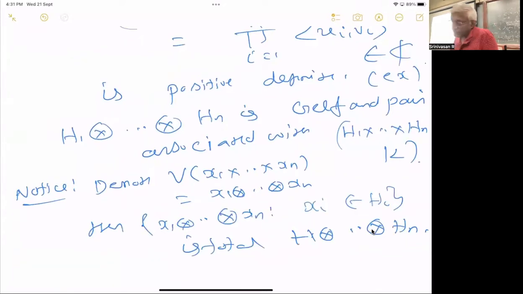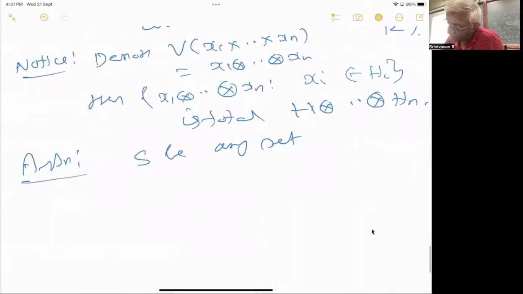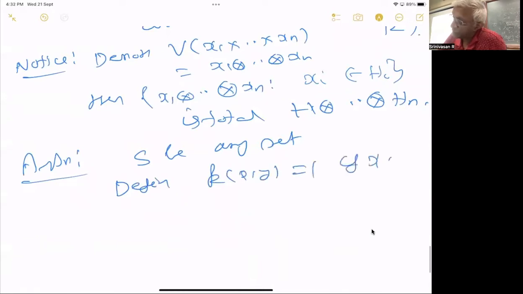I forgot to give something. So just to understand this, I give this assignment. Let S be any set, and define K(x,y) equal to 1 if x equals y, and equal to 0 if x is not equal to y. It's the delta function. Then the Gelfand pair is